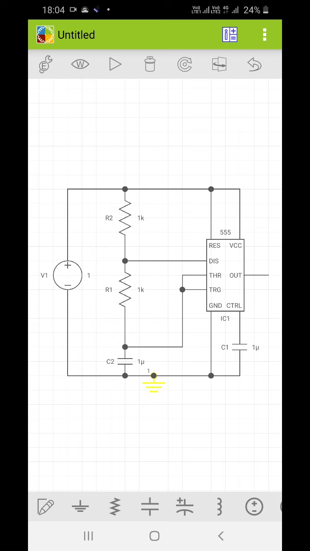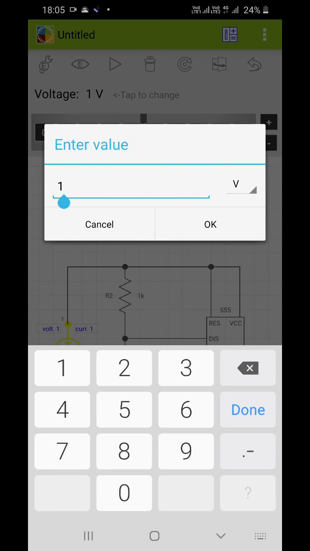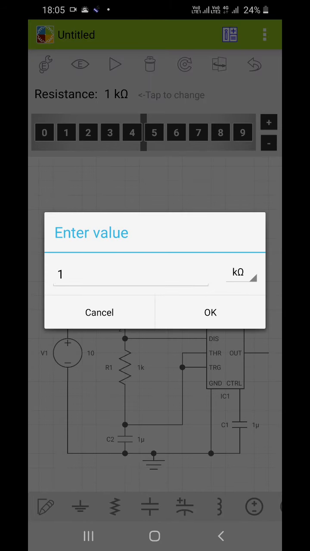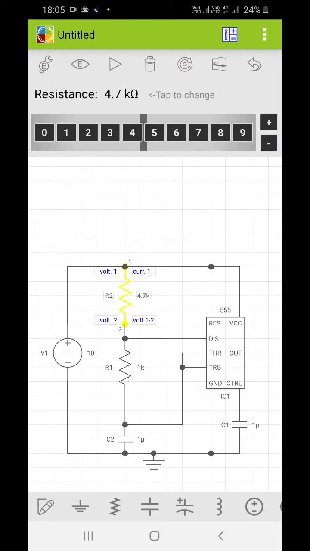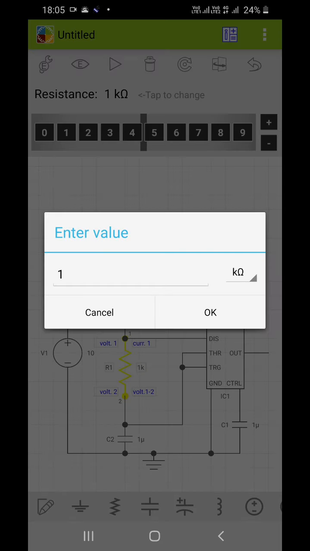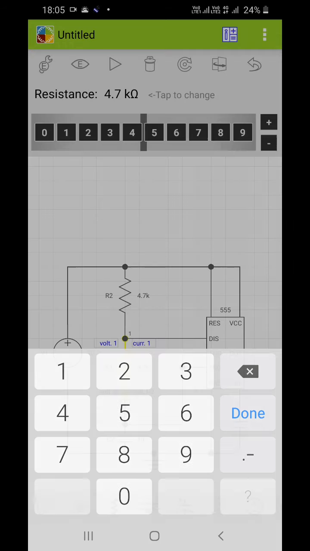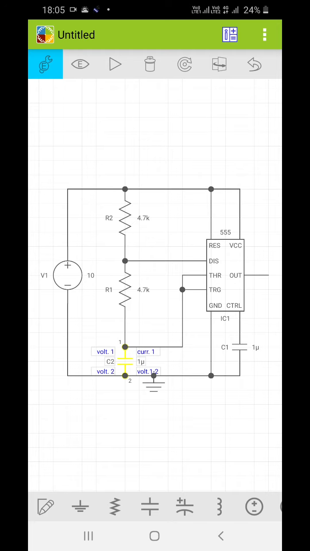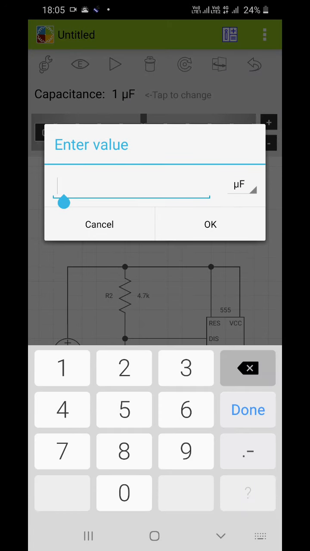So let us now put in the values. Click on the component. Let us take the voltage source as 10 volts. Let us take the value of the resistances as 4.7 K, so the voltage divider circuit of 4.7 K. Let us take this capacitor value as 0.01 microfarad.